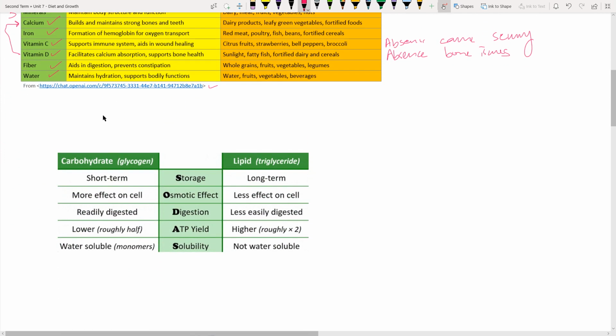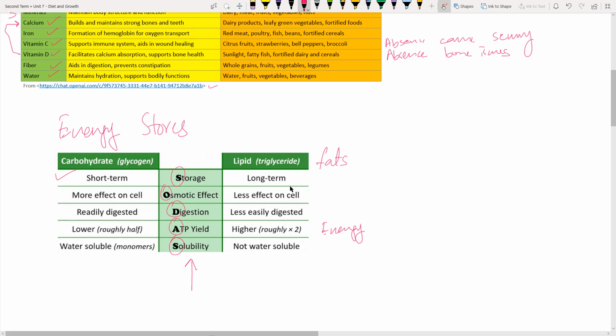So now let's get into storage. Energy stores for humans. For the human body, we remember this as the SODAS. So this is the S, the O, the D, A, and S. So what is ATP? ATP is energy, what we need. So carbohydrates are short-term storage. They're not stored by the body. They're consumed. And compared to that, lipids, or what we call fats,